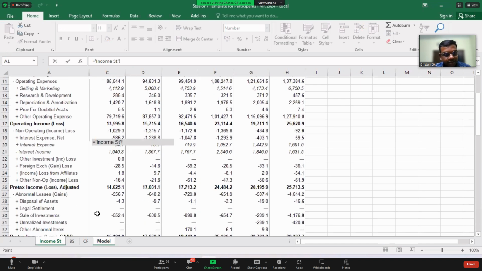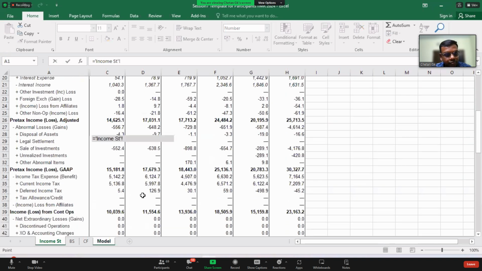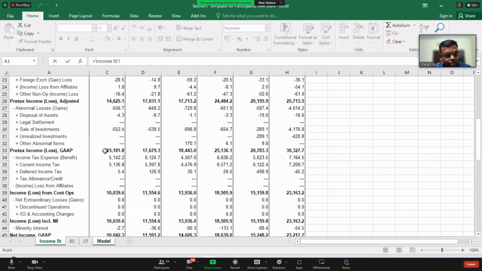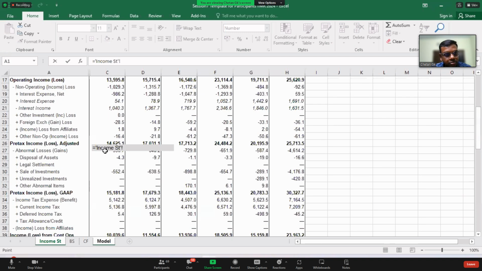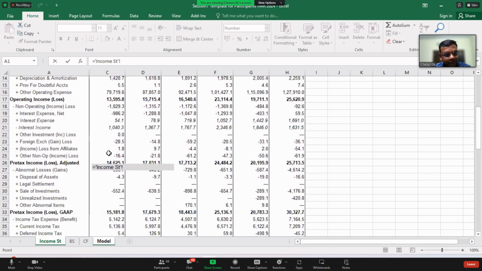Let me search where the taxes are. Pre-tax. Okay, so pre-tax is here. So taxes are how much? I want to compute the tax rate. So taxes divided by pre-tax.